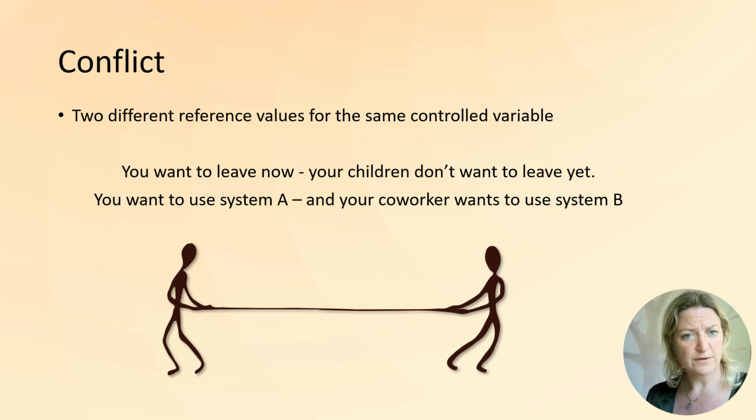Both you and your coworker are trying to control your perception of how the work should be done, and you both have all kinds of arguments why one system is better than the other. This, of course, impacts your current productivity because you're busy fighting, you're frustrated, and there's a lot of tension in your relationship. And conflict can become a persistent problem if the current system structure doesn't allow a resolution.